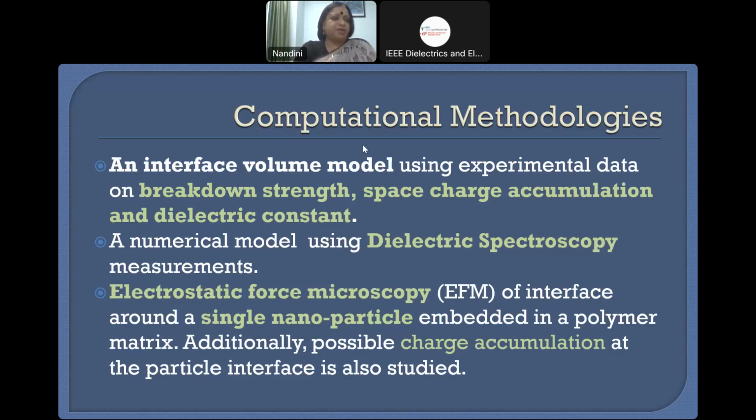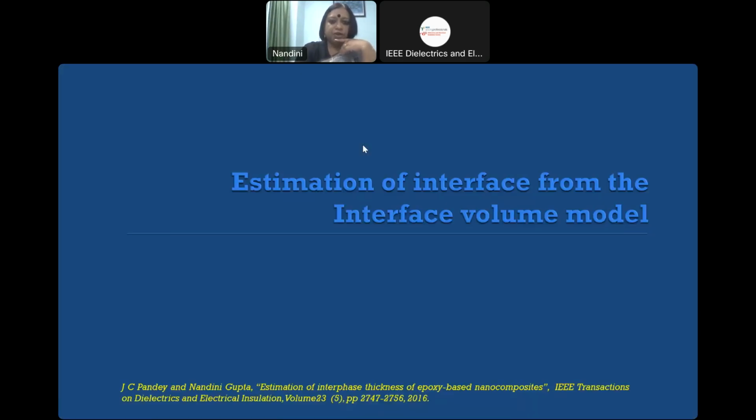Most people have used the indirect method, where we have indirect experimental measurements, in the sense that we are not actually measuring any interface properties, we are measuring the composite properties, and from the composite properties, we are trying to estimate what we can about the interface. I will show that they tend to be somewhat inadequate. And the third method that I shall talk about is one of the direct methods. So let me go to these